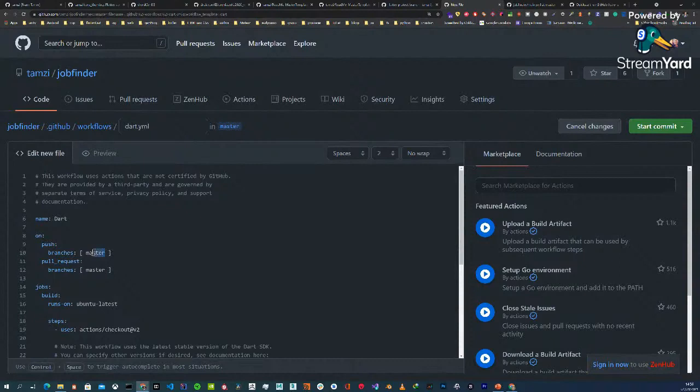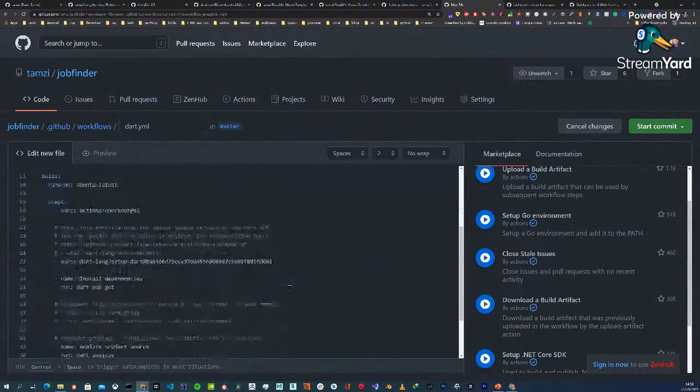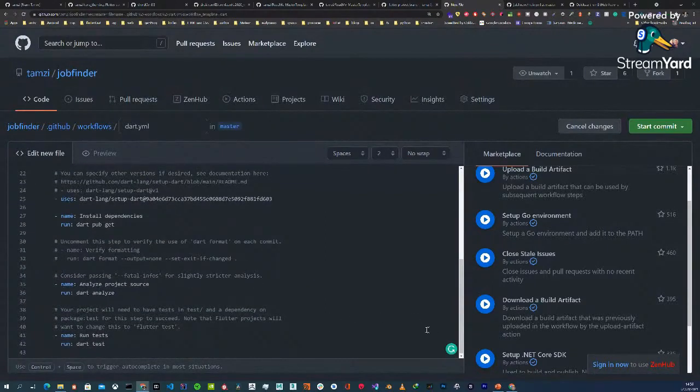So this is very important. If you've already changed your repository names, instead of master using main, please have it there. So you'd have all of this. You can easily come edit if you want to, but it will come and run the test. And so once I do this,